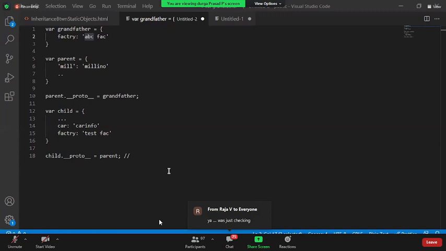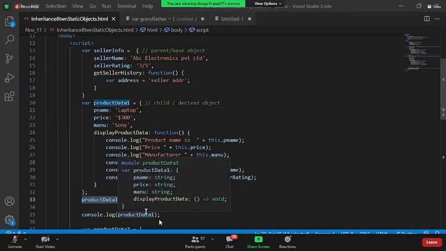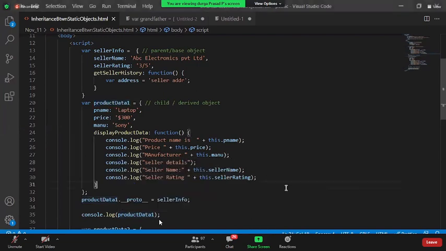Okay, any more questions? Okay, Sheikh: Sir, can a parent class access the child's data? Yeah, that's a good question. So when Sheikh is asking whether the parent can access the child's data, no. If the parent has to access the child data, the parent has to become a child for that. Now, when you say A dot proto equal to B, only the B data can be accessed in A. But if you want to access the A data in B, then you need to do the reverse proto also. Is everyone clear, or any more questions?